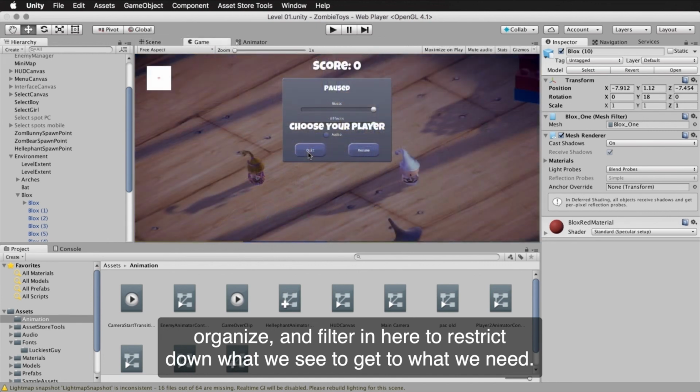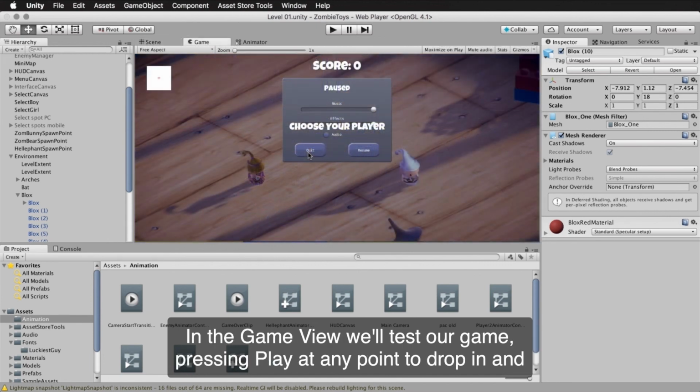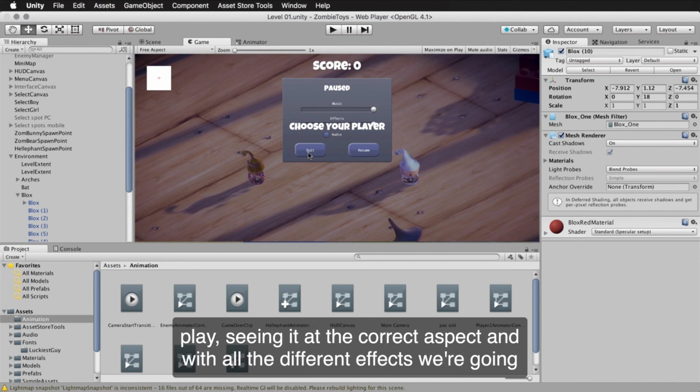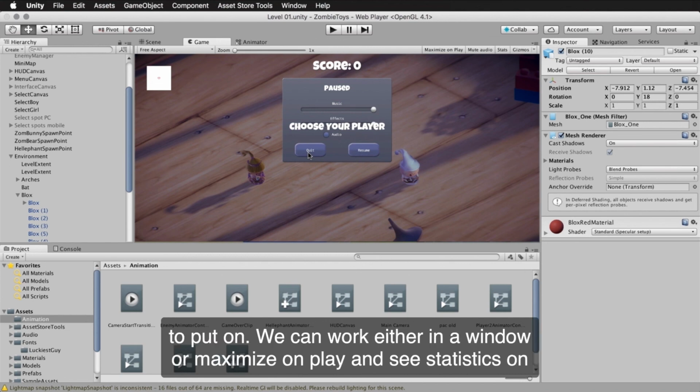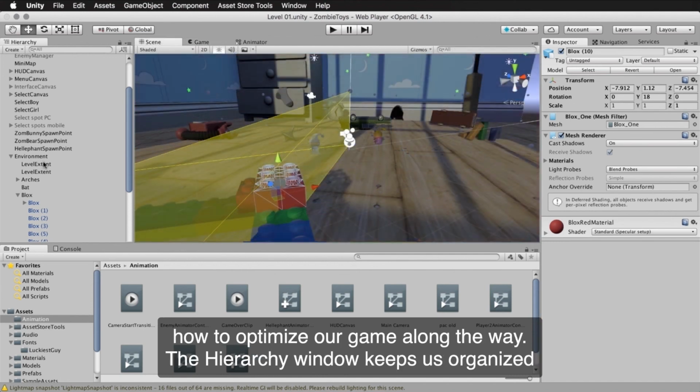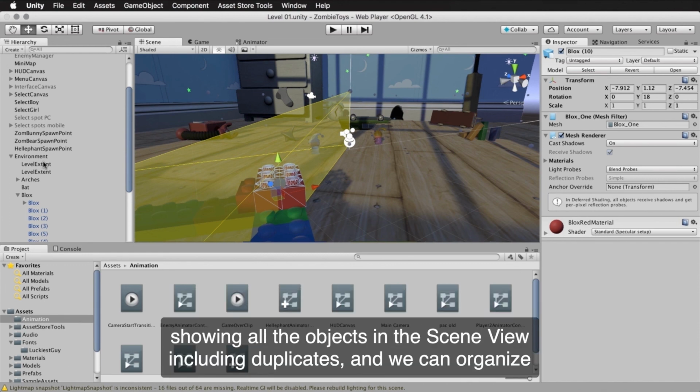In the game view, we'll test our game, pressing play at any point to drop in and play, seeing it at the correct aspect and with all the different effects we're going to put on. We can work either in a window or maximize on play and see statistics on how to optimize our game along the way. The hierarchy window keeps us organized, showing all the objects in the scene view, including duplicates,